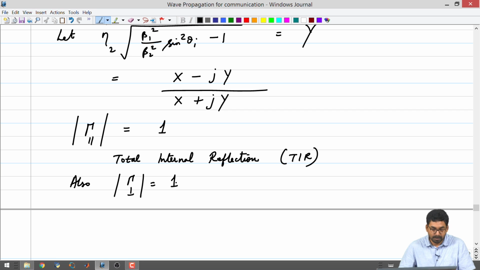Okay. So, the interface between a dielectric and another dielectric could act as a perfect reflector, okay, and the question can be, what is the angle of reflection? We already know that the angle of reflection is going to be equal to the angle of incidence, right. So, that is something to remember, right. So, now that you know what is this total internal reflection and that it is possible, there are two extreme conditions we have seen. In the previous class, we saw the conditions where gamma is equal to 0. Gamma equal to 0 was known as the Brewster's angle, and in this class we are seeing the extreme opposite where gamma is equal to 1, all right.